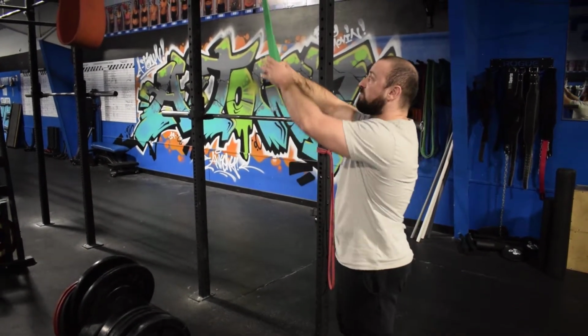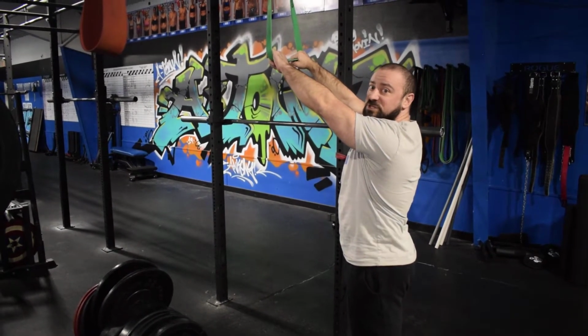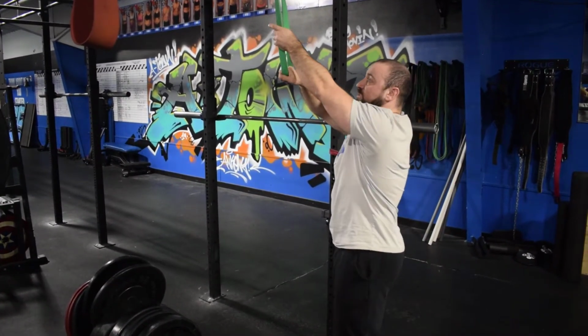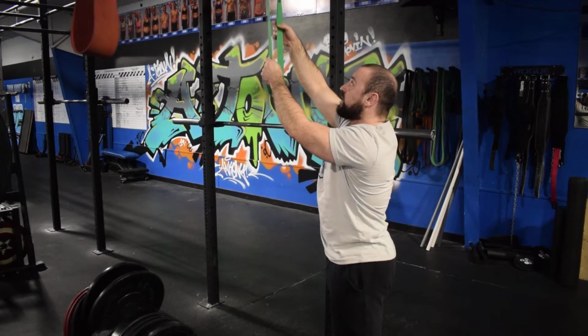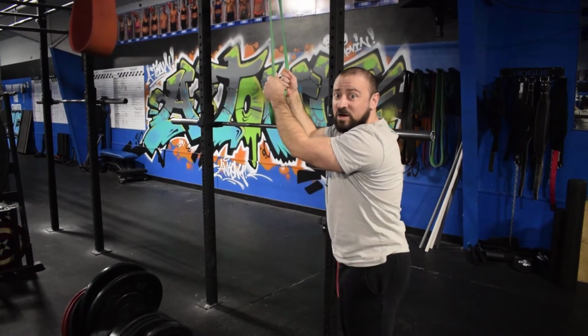I'm going to start by setting my hands in either a neutral or a pronated position, okay? Really whatever feels best for your clients works perfectly fine, okay? But I'm going to demonstrate for you with my hands in a neutral position, okay? Now if I want to increase tension on the band, and this is going to be one of my coaching cues for you, I can just bring my hands up or I can walk my feet further back to create